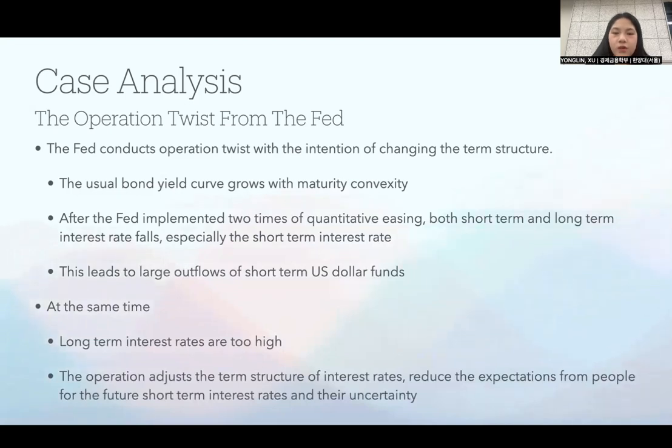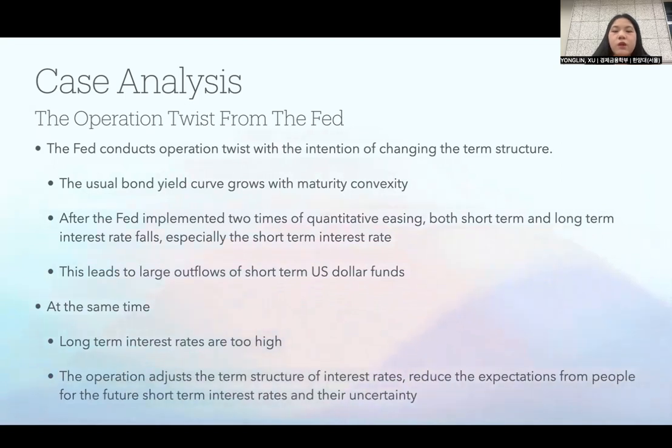The usual bond yield curve grows with maturity convexity, which means that as the maturity increases, the growth rate of the term premium decreases, and people's expectations about the short-term interest rate and their uncertainty about the long-term future will be stabilized. However, after the Fed implemented two rounds of quantitative easing, although the long-term interest rate fell,